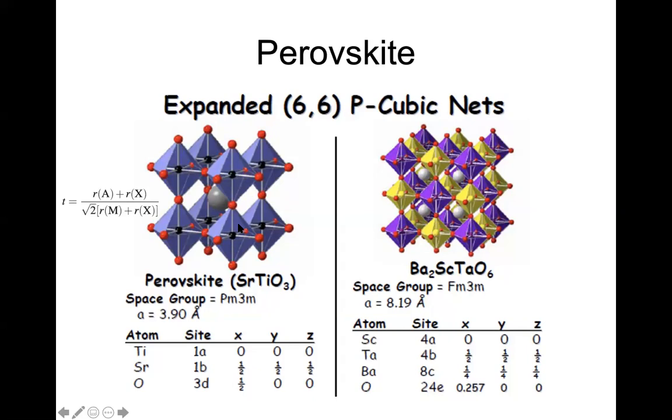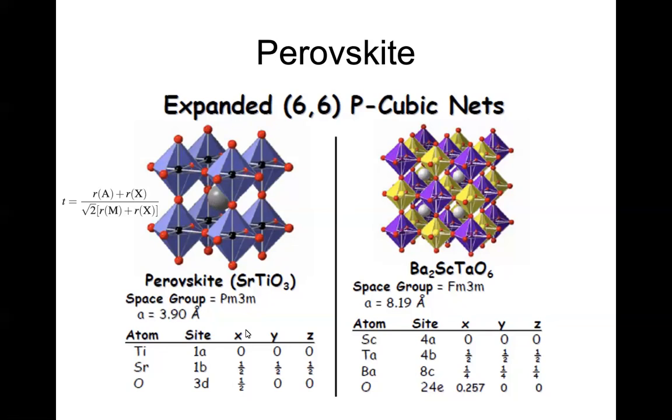In some cases, you can see these octahedra can share edges or faces. But in the simplest case, you have corner sharing. This is the stable structure because in this structure, the titanium atoms are far away from each other. Okay, titanium, oxygen, titanium. If you have face sharing, the titanium will come close, and there will be a large repulsion between the titanium 4+ ions. That's why this structure takes the perovskite cubic structure.